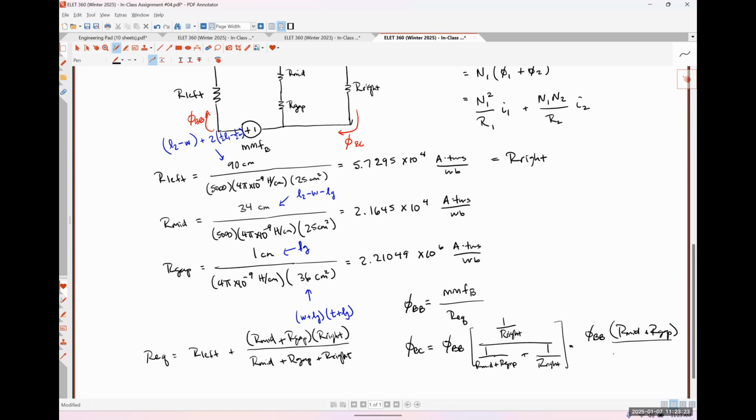R mid plus R gap plus R right. All that is me applying current division for two paths in parallel. Okay. So that's our flux. Our mutual inductance